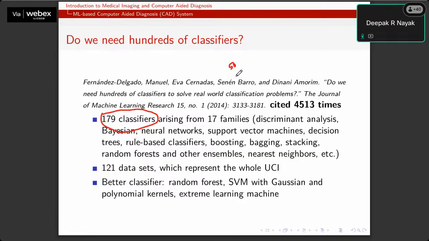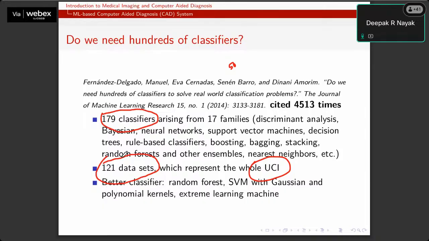Even that makes it difficult to identify a single classifier, but there were 179 classifiers in the literature in 2014. They evaluated the performance of 179 classifiers over 121 datasets collected from the UCI repository, and all these datasets are different, with different numbers of samples, classes, and features.